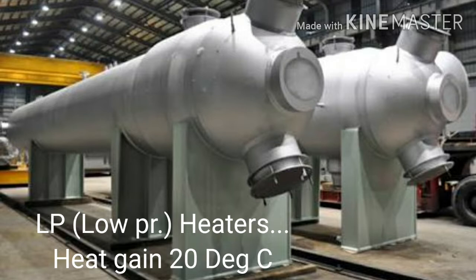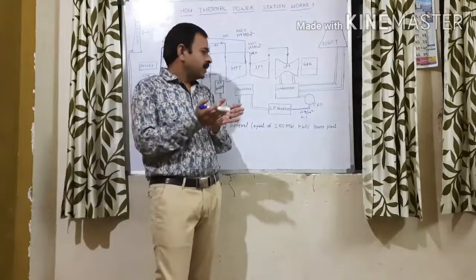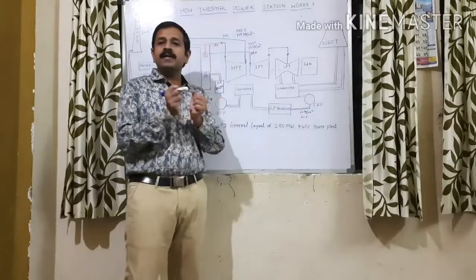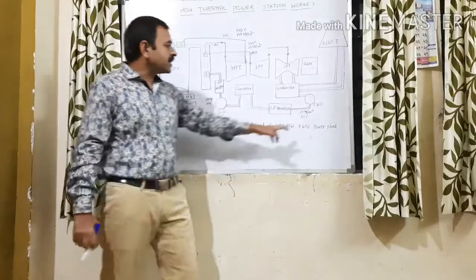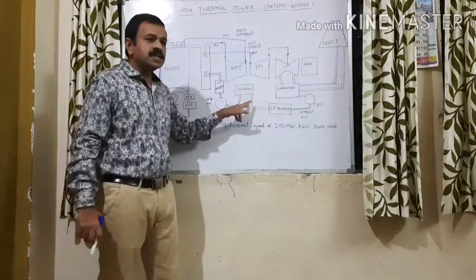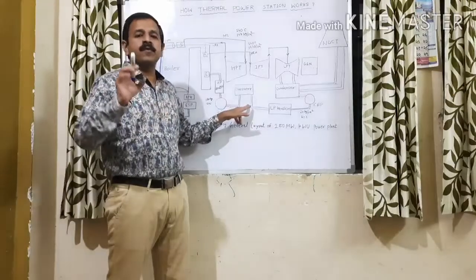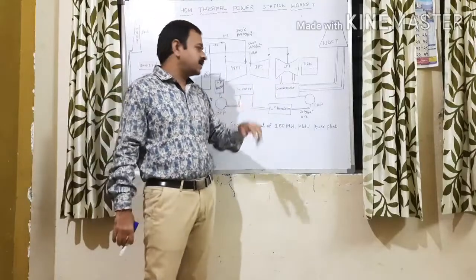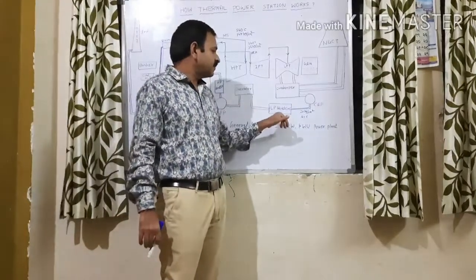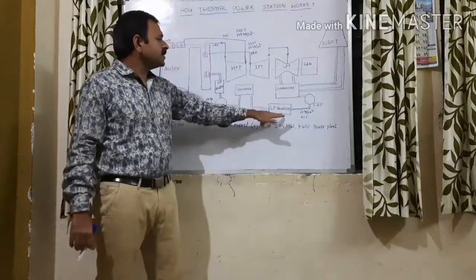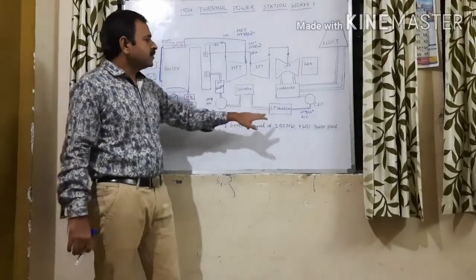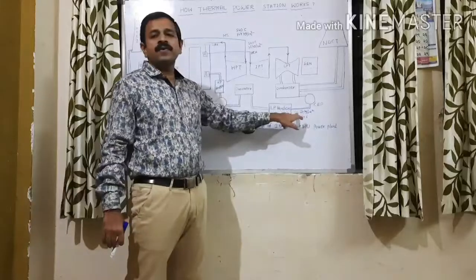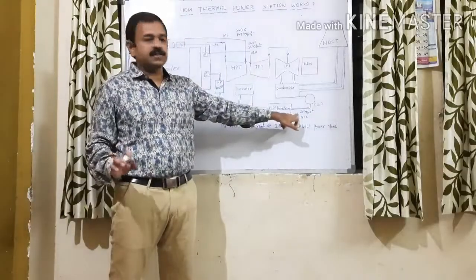In the 250 megawatt plant we have 3 heaters: LP heater 1, LP heater 2, LP heater 3. Each LP heater is a heating element, meaning a heat exchanger. The LP heater will get heat from the extraction of the turbine, and the condensate water we are supplying towards the deaerator will have its temperature boosted by 20 degrees Celsius in each heater. Then through these LP heaters the water goes toward the deaerator. At this location we have the station called the deaerator level station.